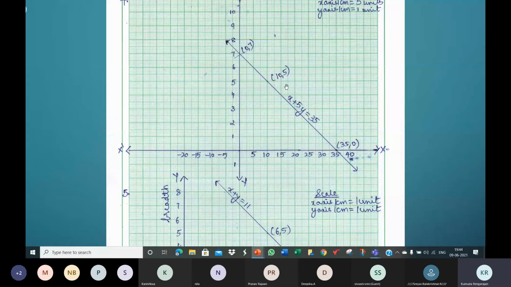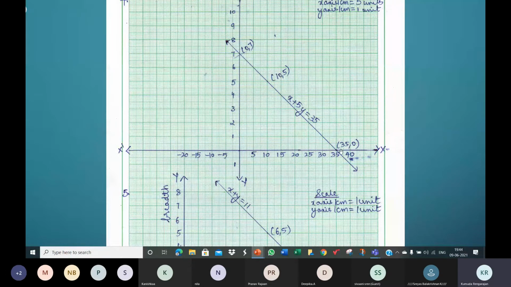Now, to find the x-intercept and the y-intercept, you don't have to make the graph. Supposing you're given this equation, x plus 5y is equal to 35. Given the equation, without making the graph, you can find the x and y intercept. Just given the equation, you can algebraically find the coordinates of the x-intercept and the y-intercept.